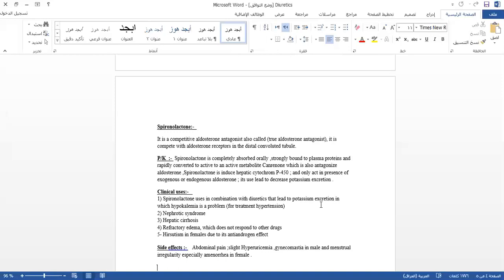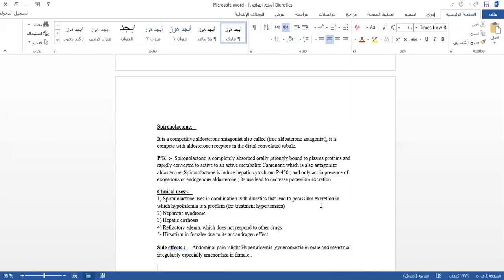Whether it is severe hypertension with a loop diuretic and spironolactone, or moderate to mild hypertension with the third group. Number two, nephrotic syndrome, hepatic cirrhosis, refractory edema that doesn't respond to other drugs,